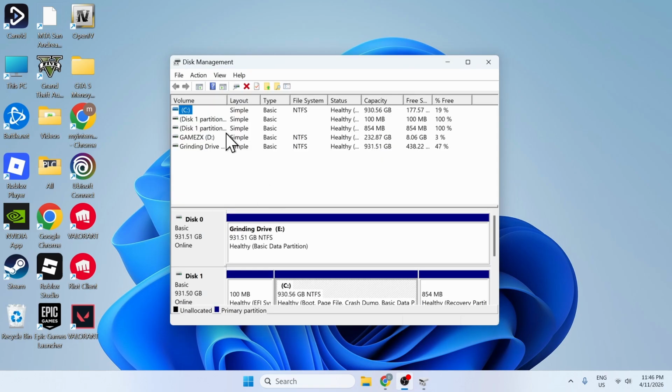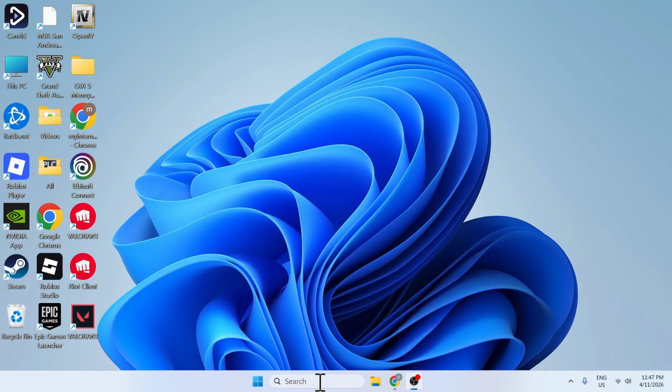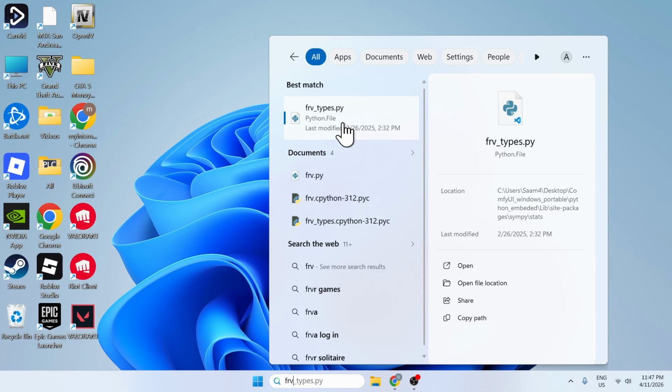As you can see, once this one loads up, you want to go to action and you want to go to rescan disks. Click rescan disks. So once you rescan the disks, close this down, go to device manager,